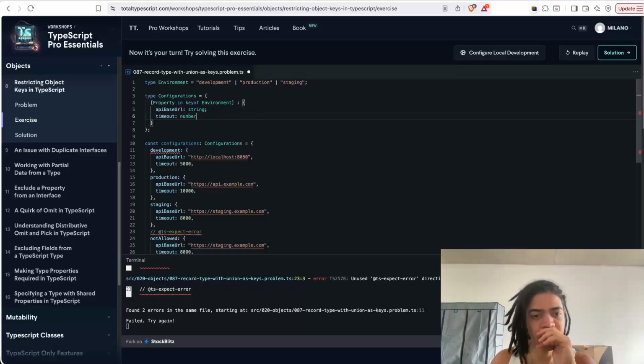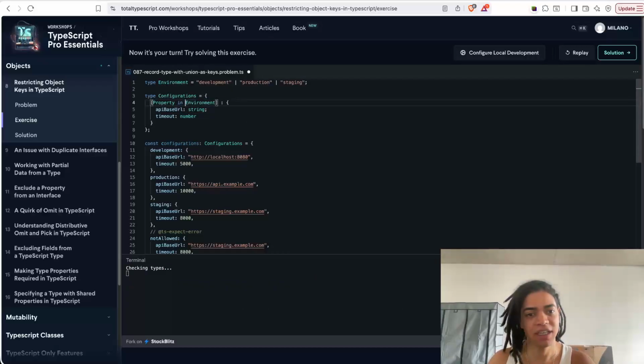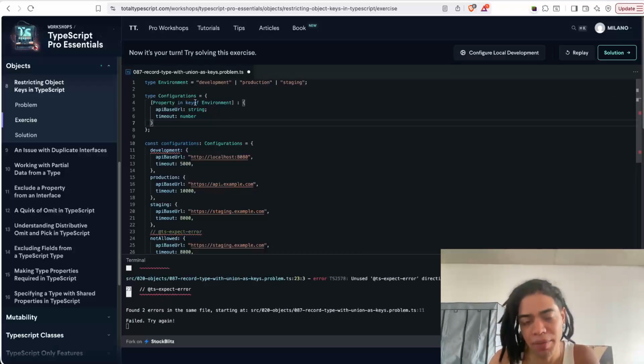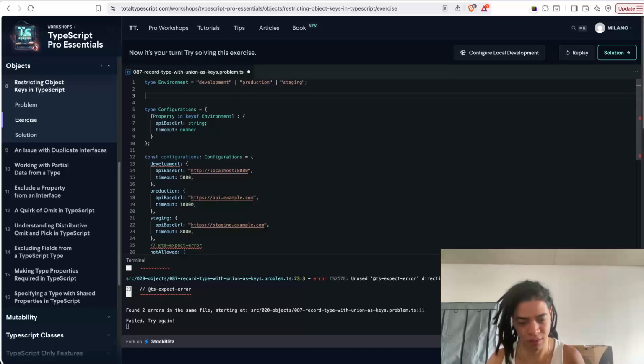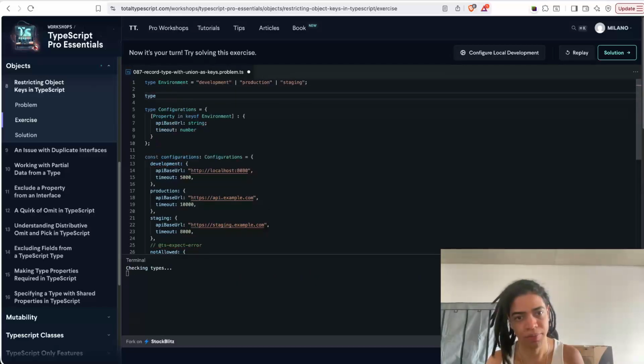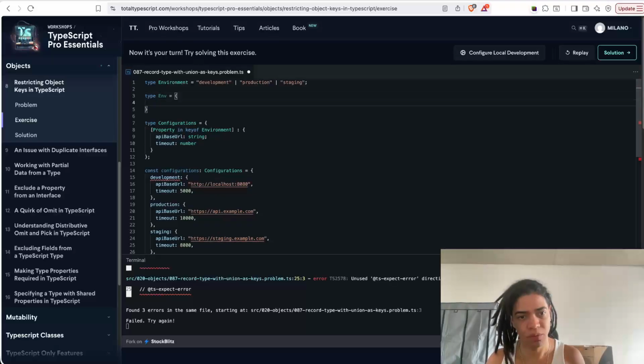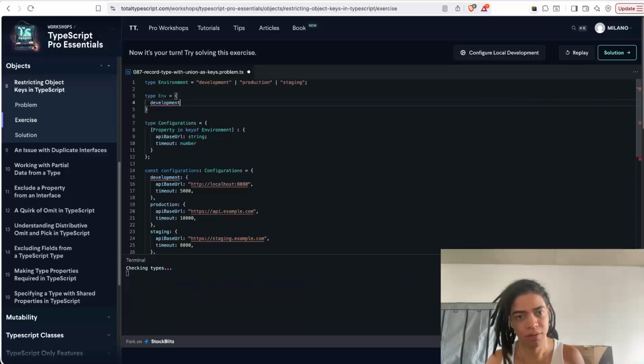So because now this is the configuration, the idea here is that the properties are on the key of this. Why am I not using keyof? Because keyof is going to look up an object. So if I define now a type object here, and I say env, right, this will say, hey, this is the development,